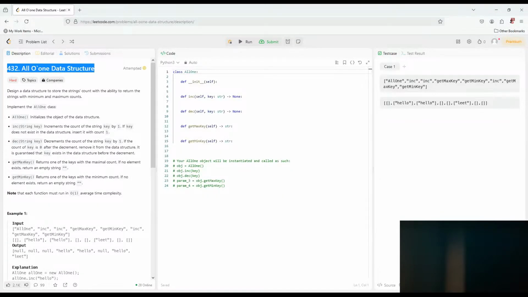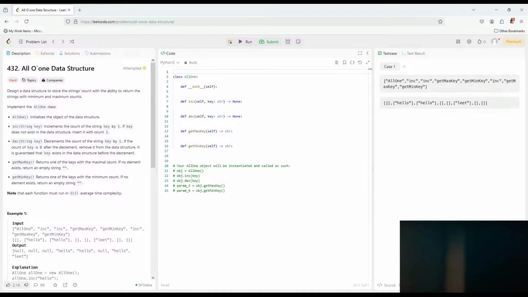Hello, today I'll try to solve the All O(1) Data Structure from scratch. We have to design a data structure that stores strings with counts and returns the maximum and minimum counts. It has increment, decrement, get max key, and get min key. So the whole idea of building this structure, we obviously have to have a node